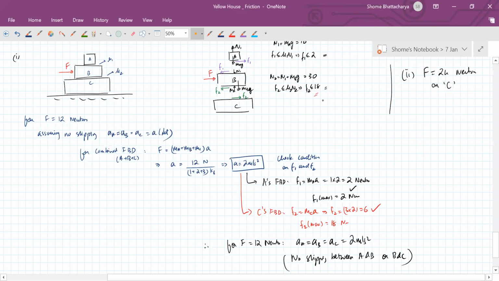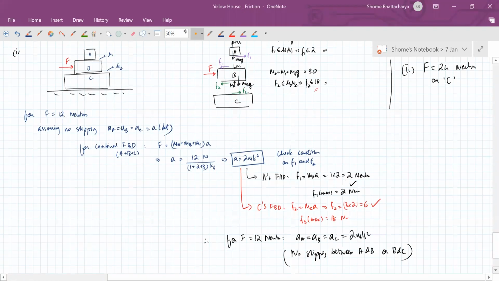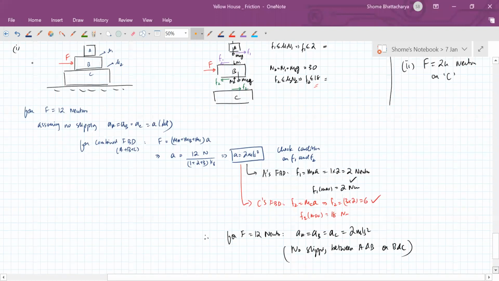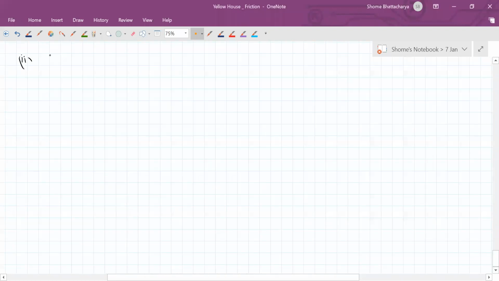Yes, very good, Antresh, that's correct. So in the second part, we will see that there is slipping between A and B, but there is no slipping between B and C. So let's come back to this and see. So if we apply the force of 24 newtons on the block C this time,